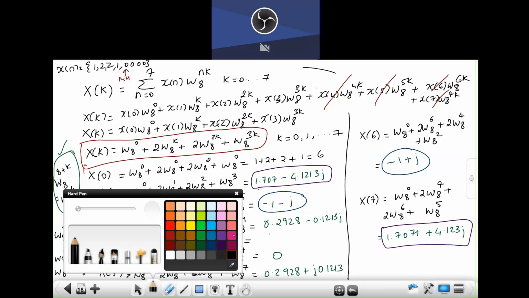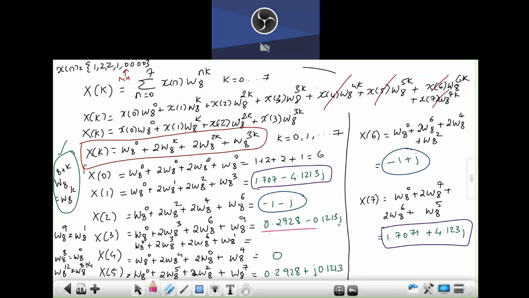Let me take some other color. Okay. See this value and this value. These are also complex conjugates. Just check the sign whether this is minus or minus. I have a small doubt. I think it's right. Okay, just check it, but generally, this is how the complex conjugates will be. Got it? All of you are getting? Understanding this?